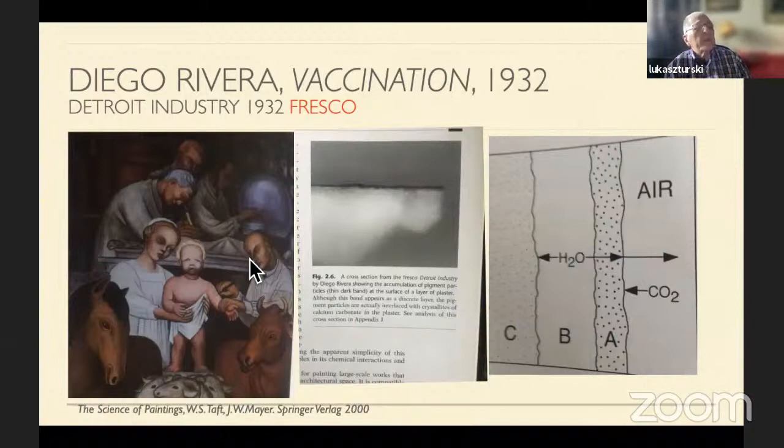But for example, ion beam accelerators can be used to illuminate the surface of the painting with a beam of ions, which, interacting with the matter on the painting, creates X-rays. And since the X-rays allow us to identify the elements,